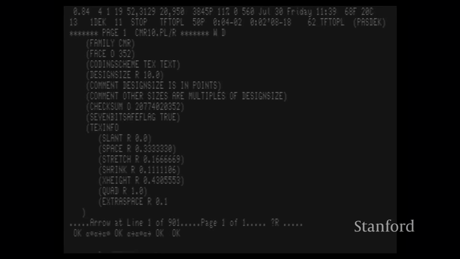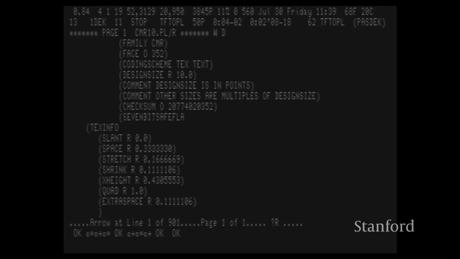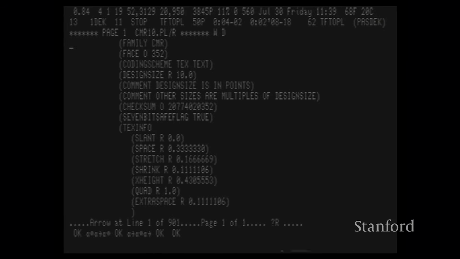Okay. So now this is a symbolic representation based on property lists. The PL stands for property lists, as in list, and every value is preceded by an indication of what kind of a value it is. O stands for octal, R stands for real, D stands for decimal, and C stands for character, as we'll see later. So, I forgot to talk about the parameters,